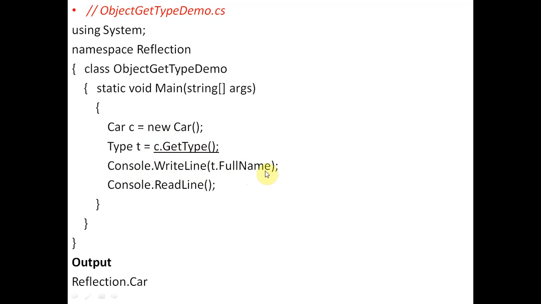Console.WriteLine we have written here, t.FullName will display the full name of this c object. So c is the object of Car, and Car is inside Reflection.Car.